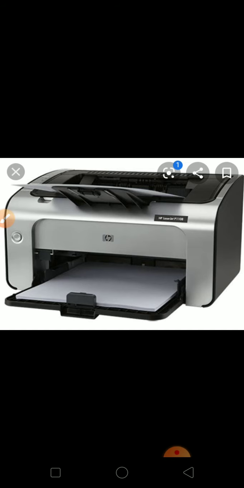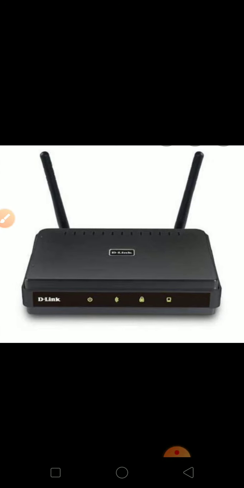Okay children. Then this is our modem. Have you seen it? No. Some have seen it at their home. What is the work of this modem? This is a device by which a computer exchanges information over telephone lines. Okay children, it connects one computer to other computers through the internet. We need internet for the function of this modem.